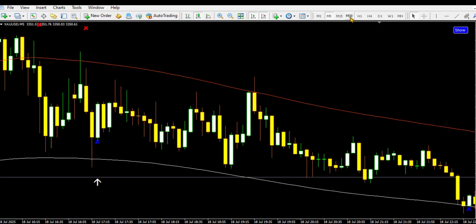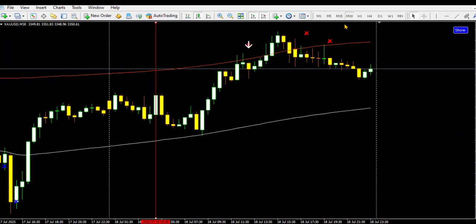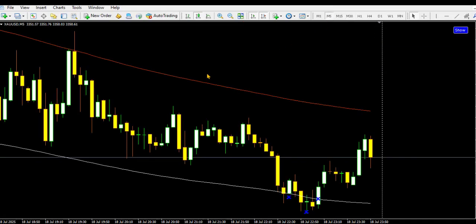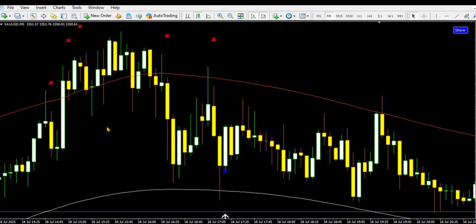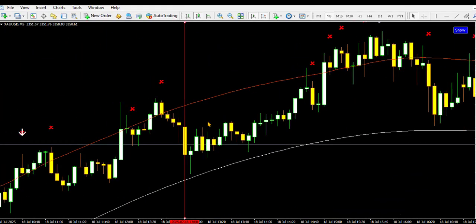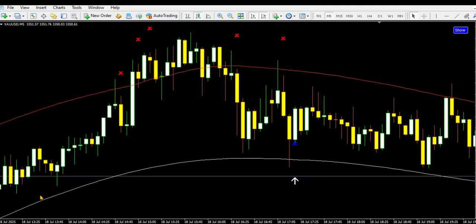So let's go back to 30 minutes on the gold. On gold we have the current signal generated here. Then go back to 5 minutes time frame to only trade in the direction of this signal. This is where we have it on 5 minutes time frame. This is where we have the demarcation. So the first trade you are going to take, you're going to use this particular